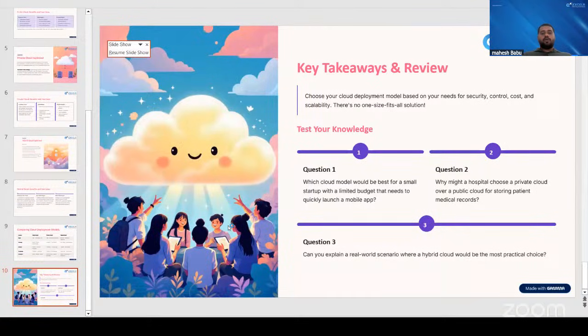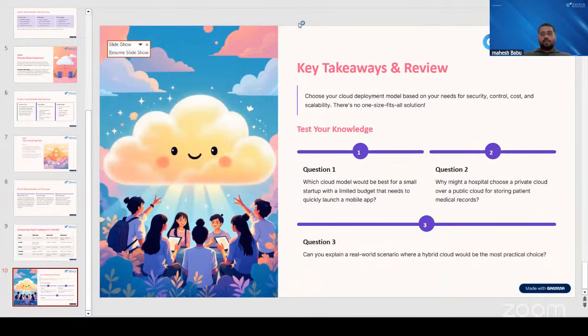Okay, so quickly, participants, there are two questions in front of you. So everyone, please answer those two questions so that we can wind up the session. So which cloud model would be the best for small startups with a limited budget that needs to quickly launch a mobile application? The answer is very simple, I guess.